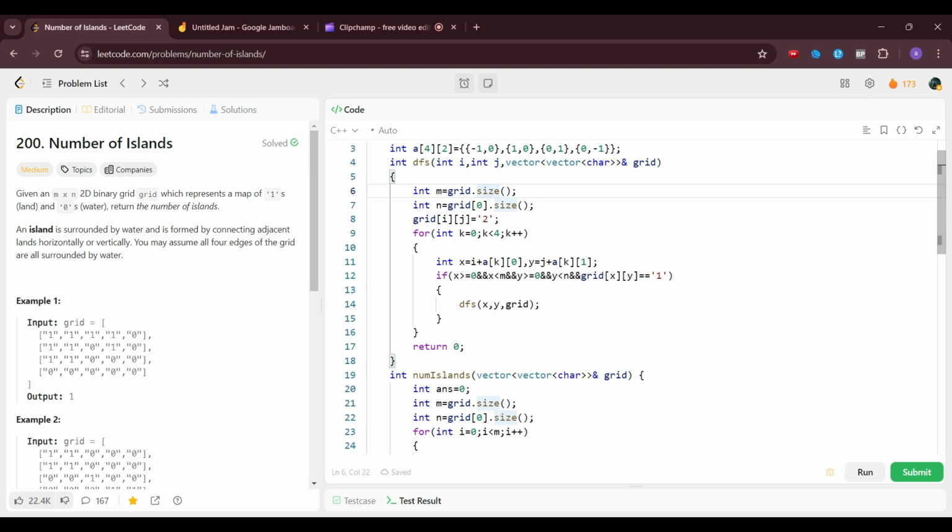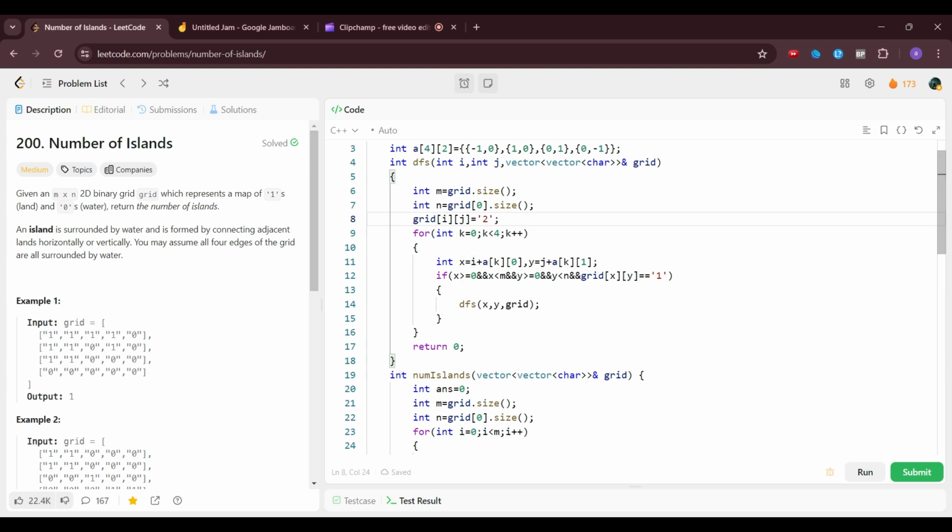So to visit all the lands which are connected to this particular island, we are going to check the 4 directions, which are going to be -1 comma 0, and then 1 comma 0, and then 0 comma 1, and then 0 comma -1. So these are going to be my directions. Suppose when I want to move right, that means we are going to increment 1 for the column, and keep 0 for the row. So similarly, for other directions, it is going to be -1 comma 0, and then 1 comma 0, and then 0 comma -1. And then we are going to mark this particular cell as visited by doing grid of ij